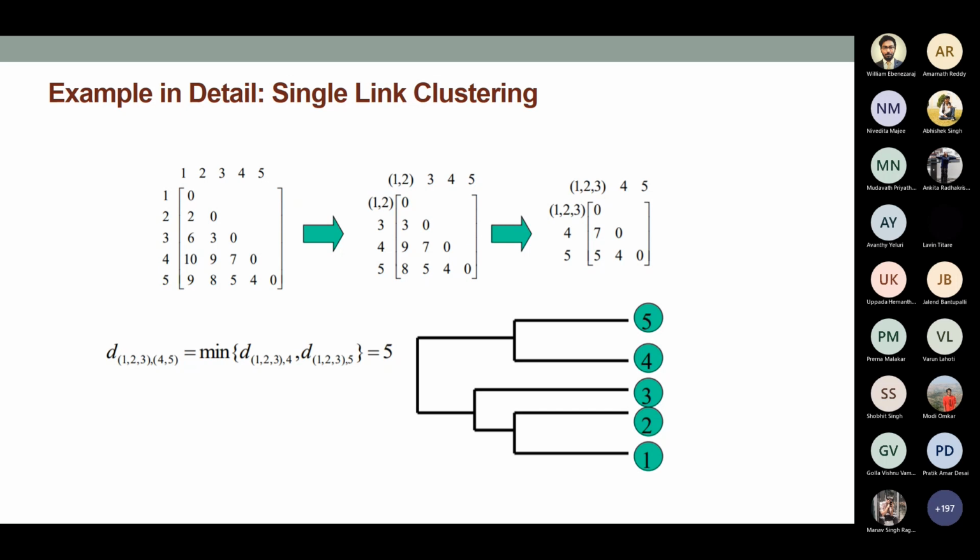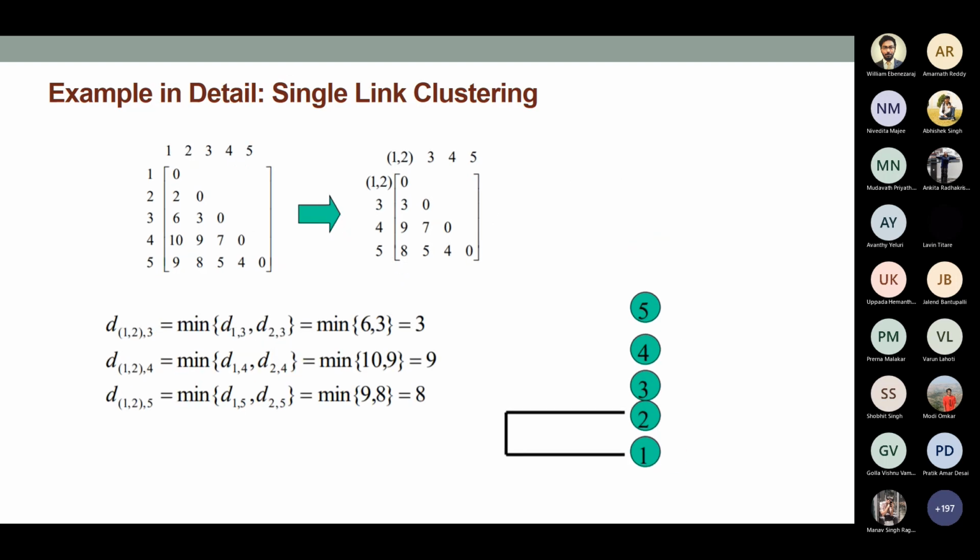We proceed the same way. The only difference is when you apply complete linkage, you have to tweak your distance measure a little bit. That's it, nothing else. Now let me go back to the previous example, this simple one. If I go by the complete linkage clustering algorithm, what would be the distance between group 1, 2, and 3? It would be 6, right?